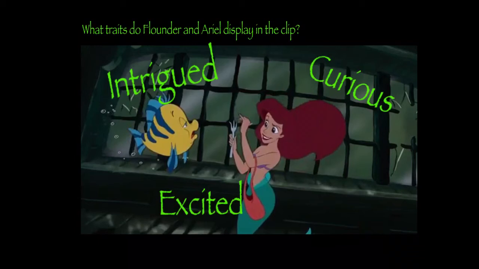We found plenty of traits for Flounder, but there are some traits for Ariel as well. At this moment, she is showing that she is intrigued or curious. She sees this thing, which we know as a fork, and you can tell by her facial expression, her eyes light up. She's all smiles. In the tone of her voice, she is showing that she really wants to know what this is, and she wants to explore all the possibilities of this thing that she has found. You can also tell that she's very excited. Listen to the way she speaks, think about her smiling face, and the way her eyes light up when she sees this new